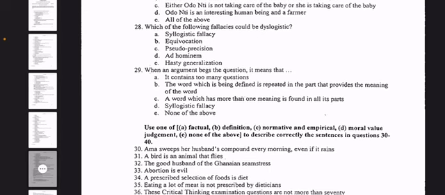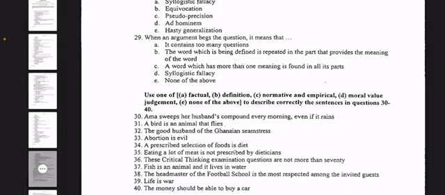29. When an argument begs the question, straightforward, everybody knows this one. The word which is defined is repeated. So